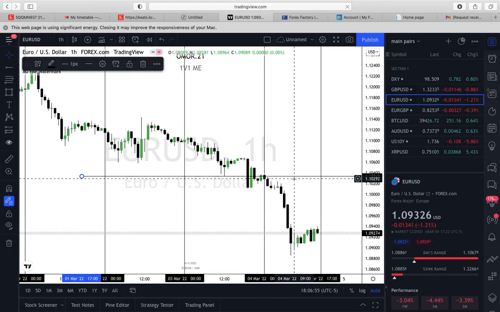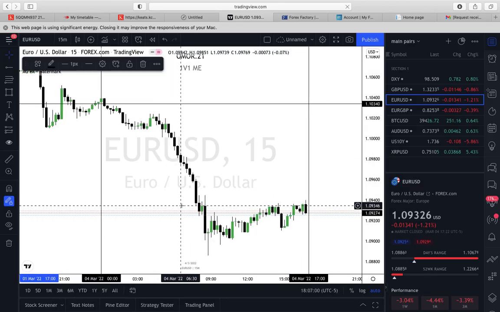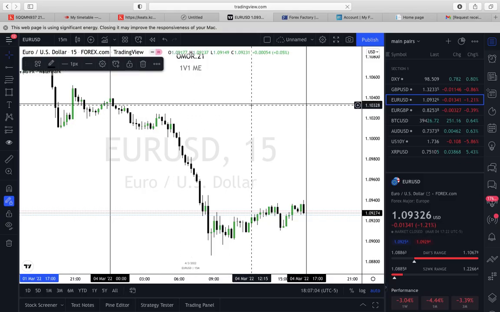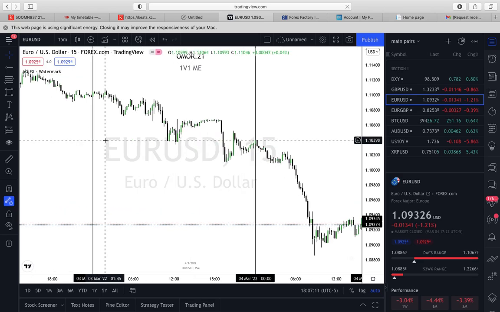Which is this area here. If you go to 15, this is the close of the imbalance. Now we don't need to see the entire close of the imbalance. We can see the 50% of it happening, but that is